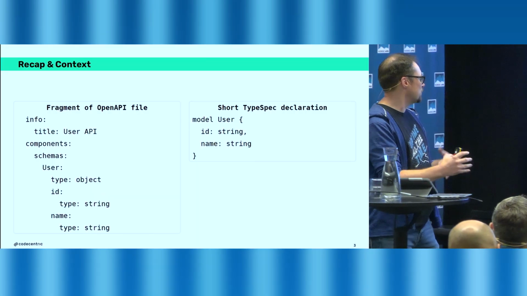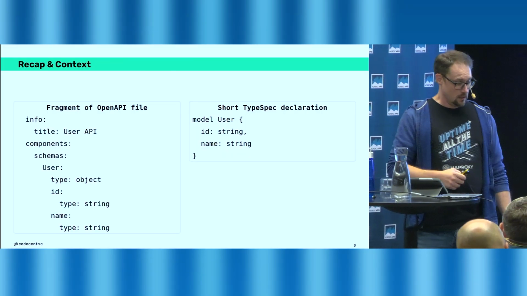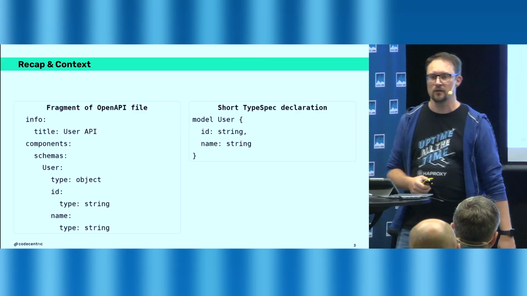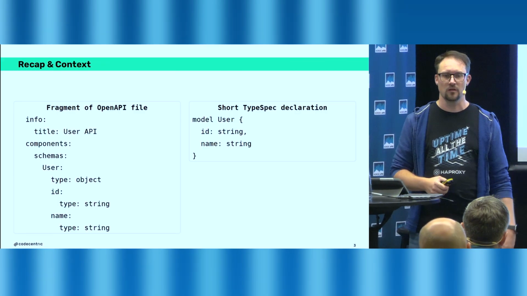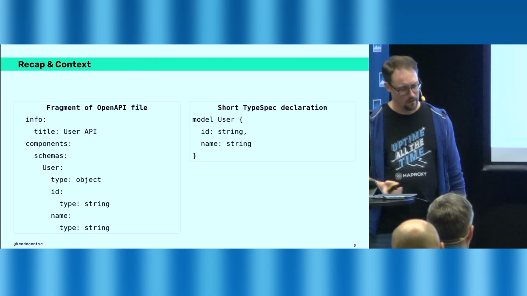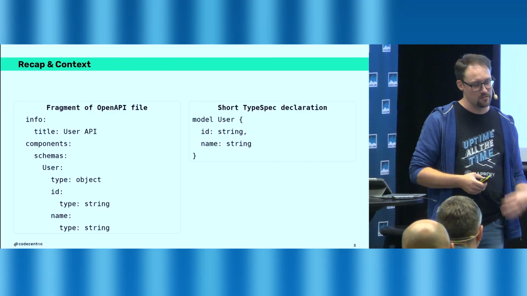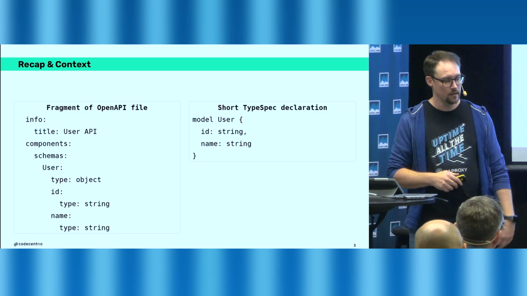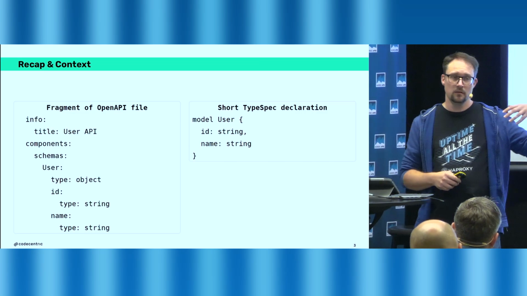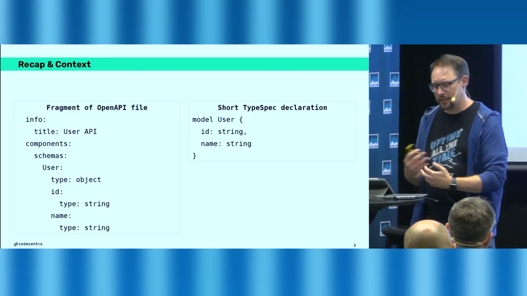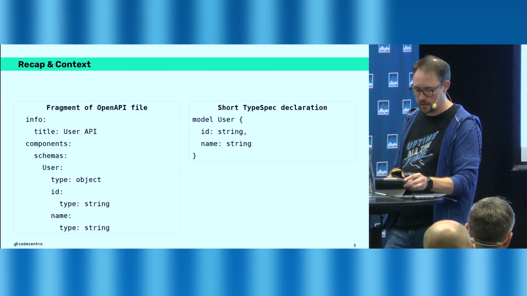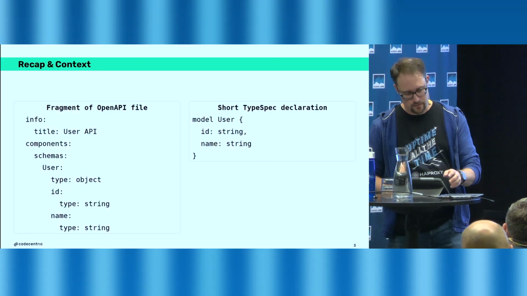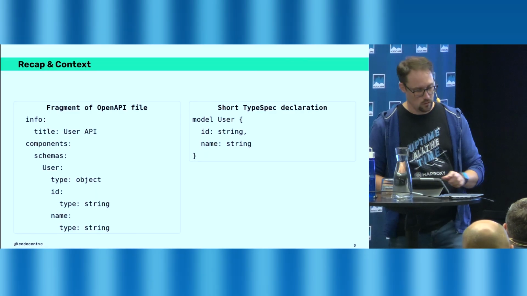Because when you look at a fragment on the left side, it's like, yeah, I have to read YAML and I have to know where the tabs are going. I have to know what is actually meant by that. With this Typespec declaration, it's very short, very intense to really see what is happening there. So this is what we will look at, and how we can adapt this into an organizational context, because this is what people are looking at when they want a tool to be used.